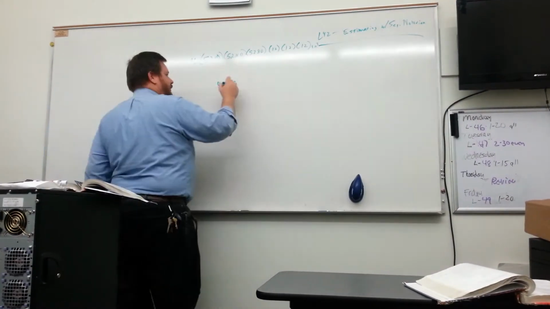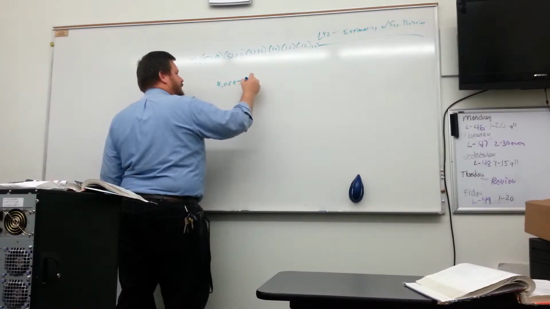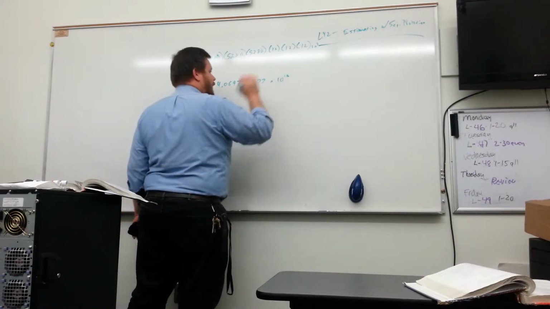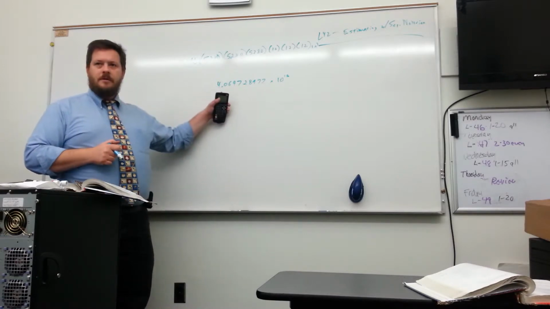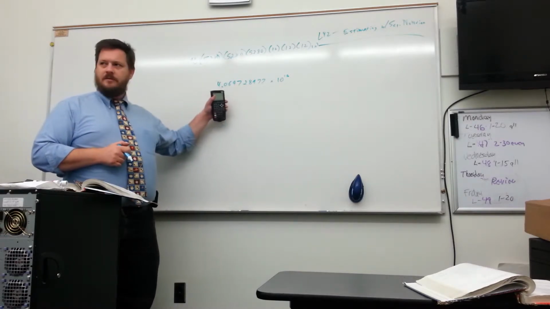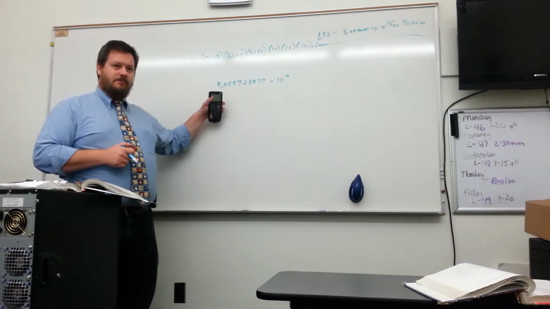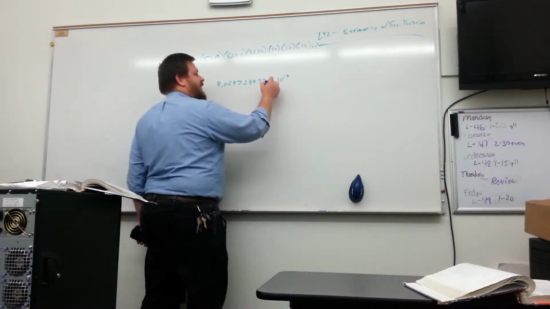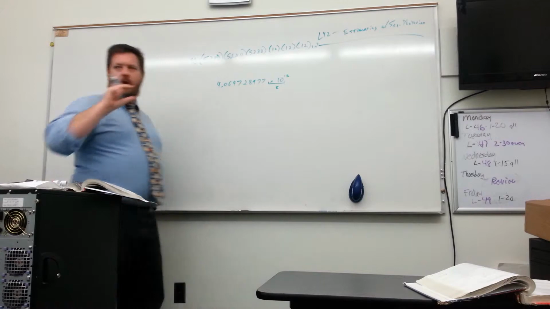What does that equal? 4.0697289977 times 10 to the 15th. When it says E, does that mean times 10? Yeah, that's what I got. A lot of calculators, instead of saying times 10 to the, will have a small capital